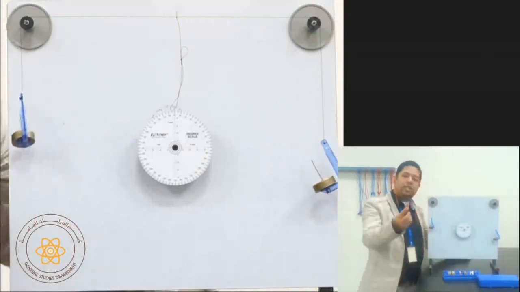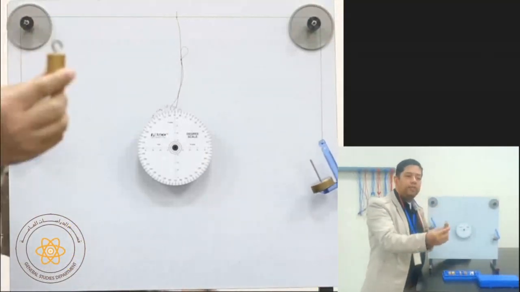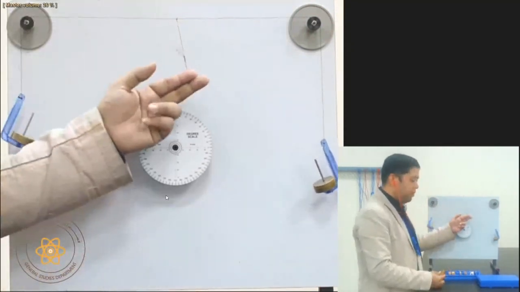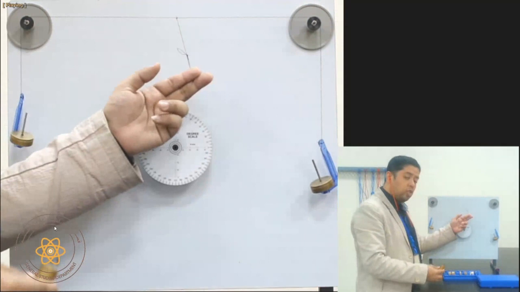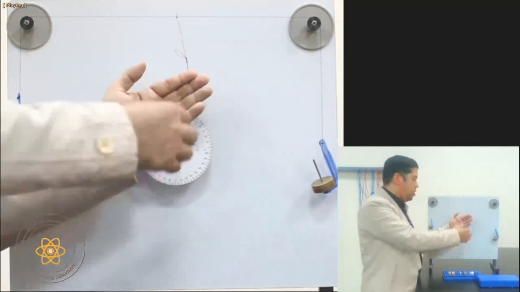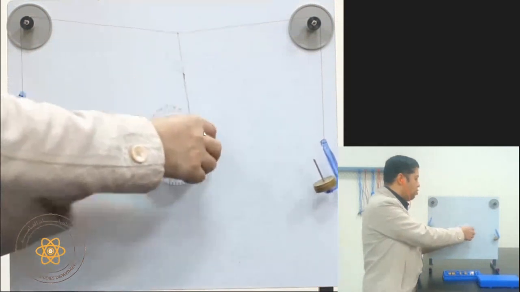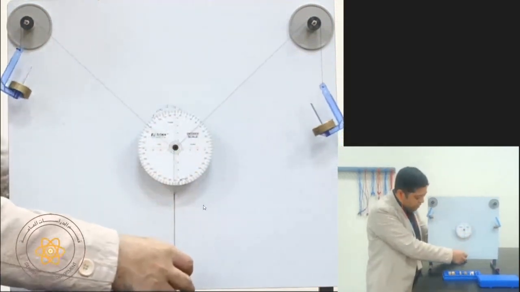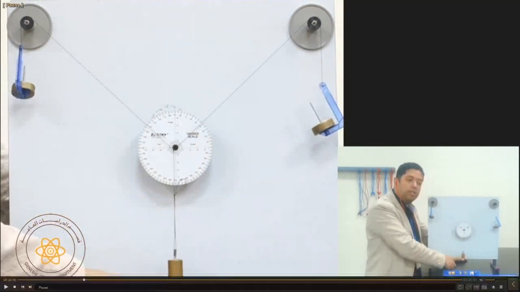Next, take the unknown mass and make sure you already recorded the value according to your digital balance. If the digital balance or the triple beam balance is not available, you can also ask your teacher for some assistance. Okay, once you hang the unknown mass,